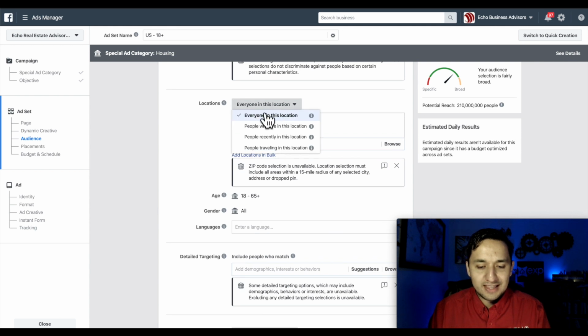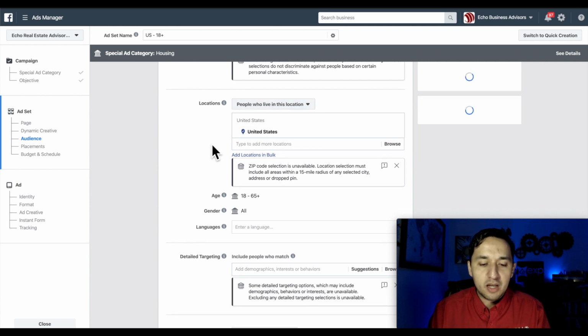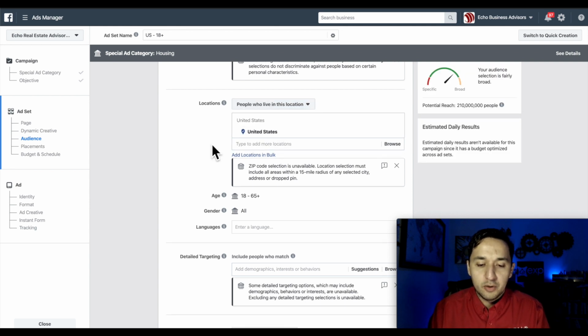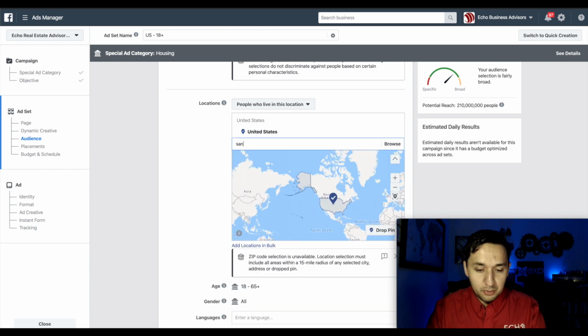Now we are going to look at the locations. You're able to target people based off of everyone in this location, people who live in this location, people who were recently in this location, and people traveling in this location. So there are different benefits to each of these. However, most of the marketing that you're going to do is based off of people who live in this location. That's the reason that you selected an area to begin with. So today we're going to go over to San Antonio